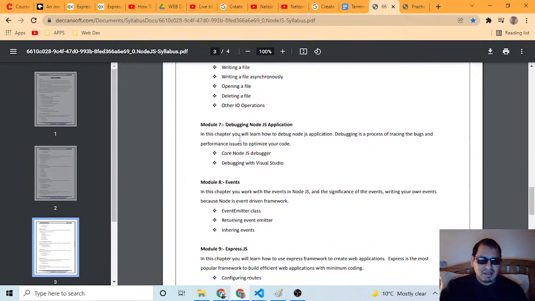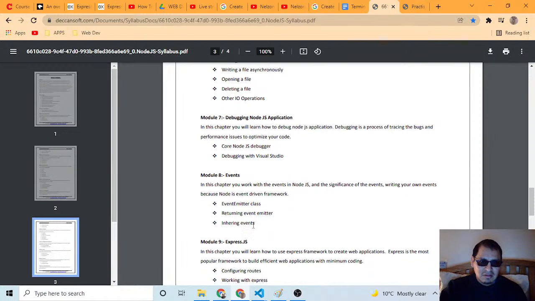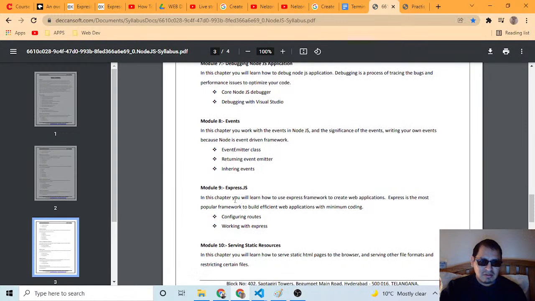Then probably later, the debugger, events, Express routes. This is good. Should I go here, configuring, working with Express?